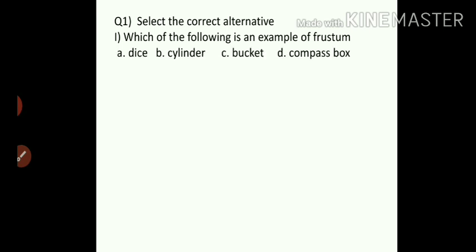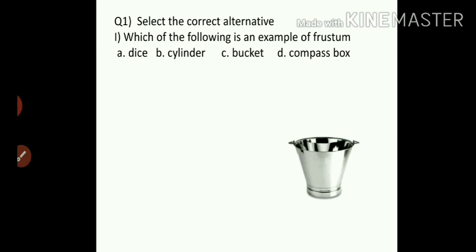Now, question number 1 is select the correct alternative. In that, sub question number 1 is which of the following is an example of frustum? The options are A. Dice, B. Cylinder, C. Bucket, and D. Compass box. Now students, we know if you see the diagram, a bucket has the shape of frustum